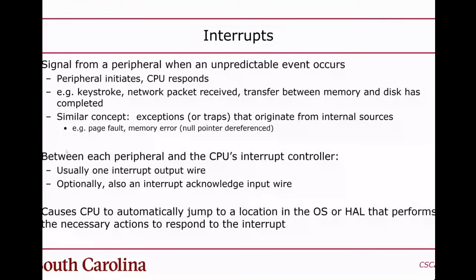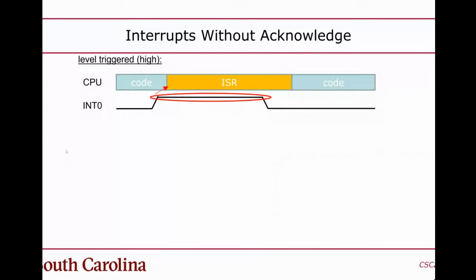Okay. And then interrupts. Interrupts are the way a peripheral gets the attention of the CPU. And basically, it's just a wire that goes from the peripheral to the CPU. The peripheral, as I mentioned with the programmed I/O, doesn't have a lot of options for actively communicating with the CPU. The CPU initiates communications through programmed I/O. If the peripheral needs to initiate communication, it would do that with